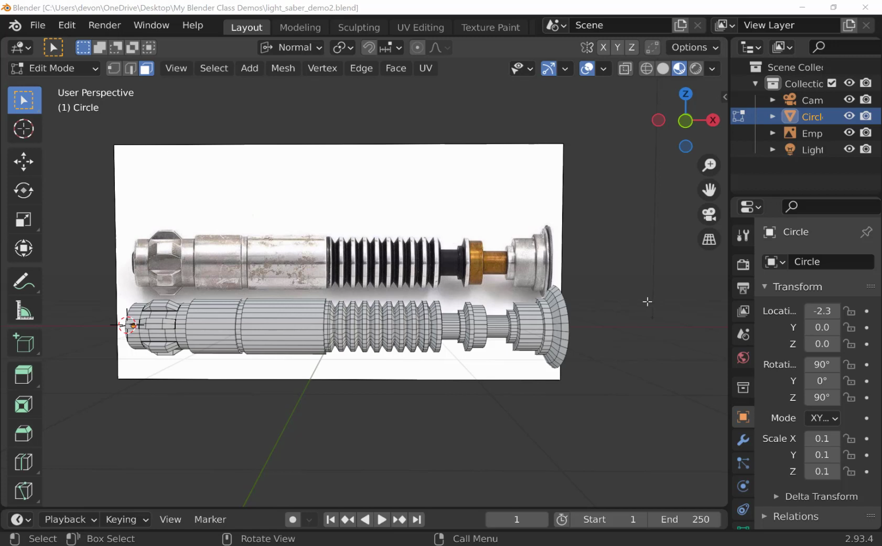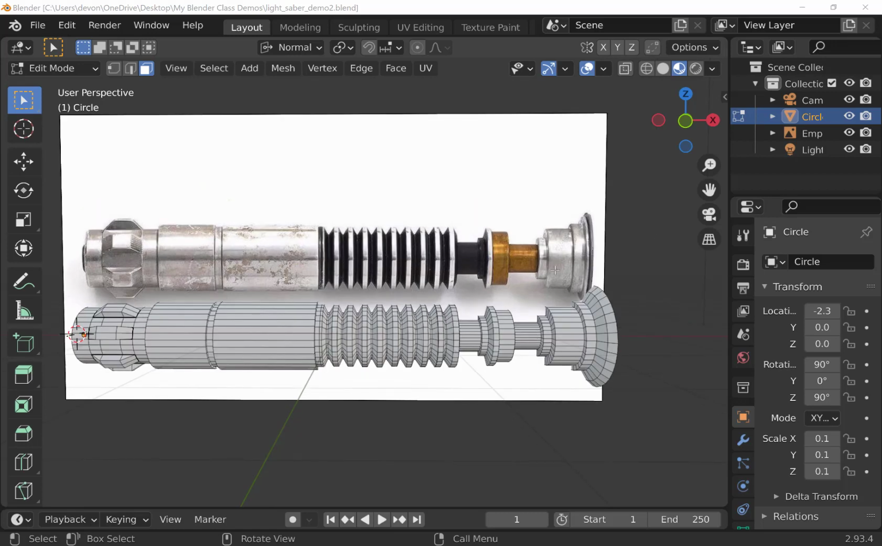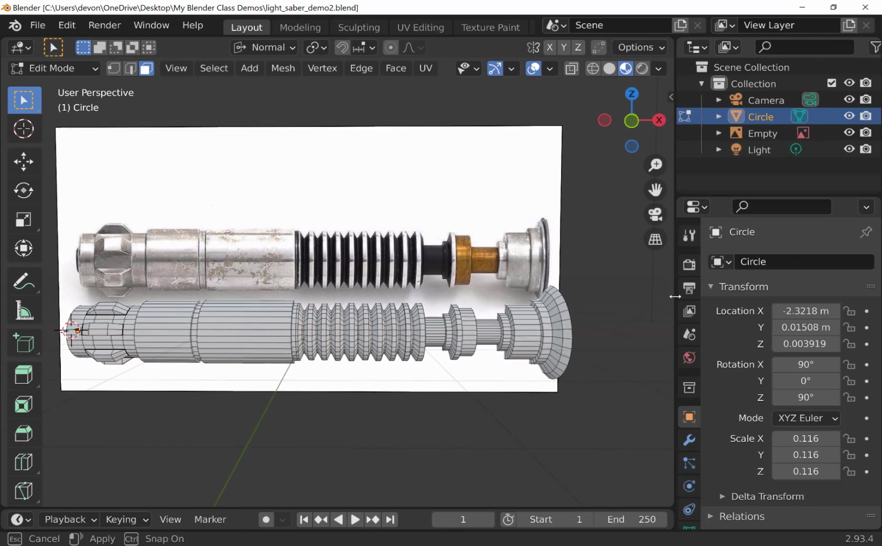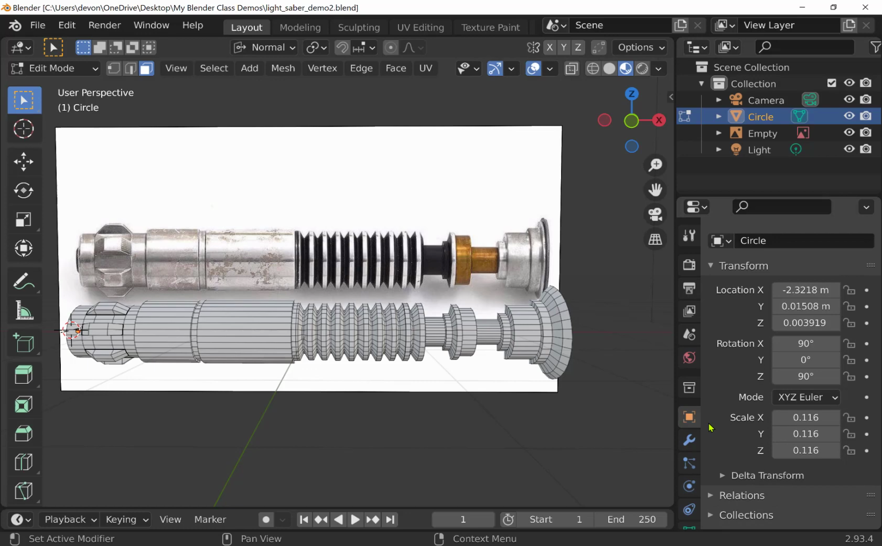So here we've got a reference image, as you can see, and we've got our model, and our modeling has been completed here. So let's talk a little bit about materials. I've moved the reference picture up here so that we can get a better look at the materials, because that's what we're focusing on now that we've modeled the object. So remember, in your